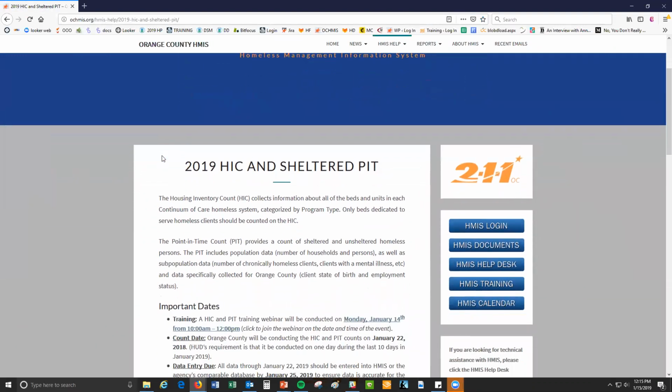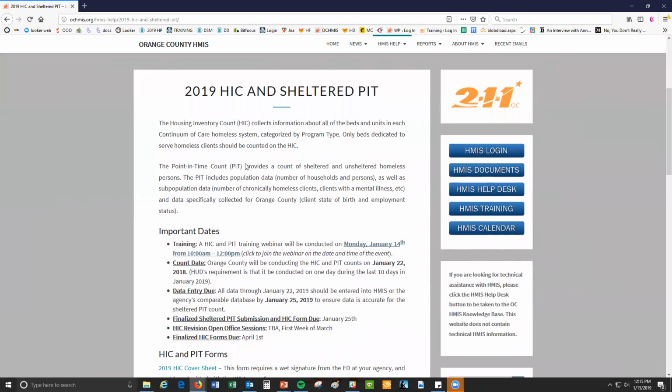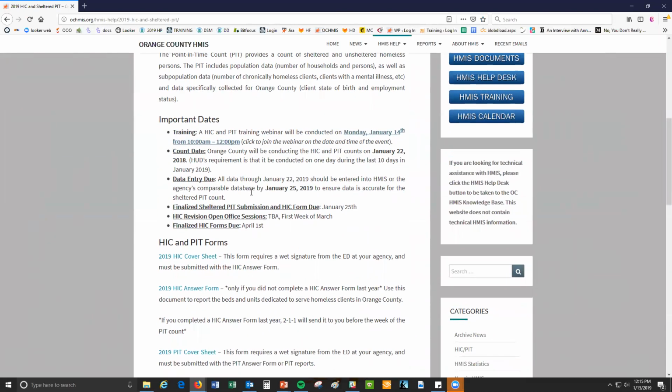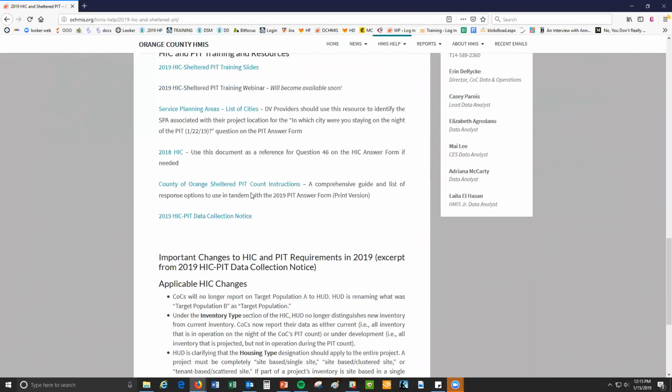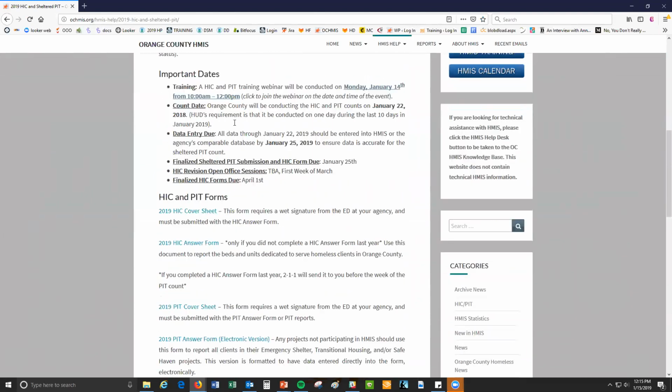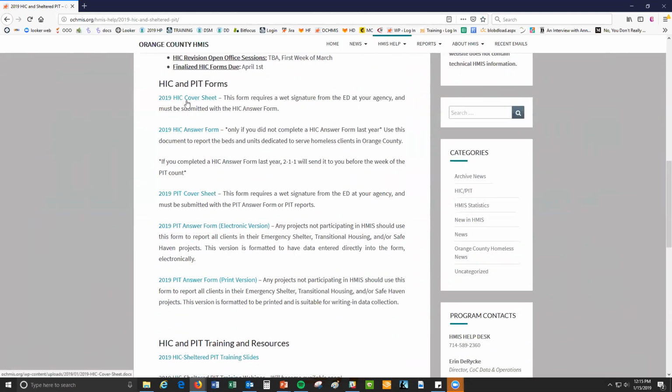You will be sent to the 2019 HIC and Sheltered PIT page. So I'll be referencing this page a lot during the training. It has all the information and forms and guidance that you need to be able to complete this process. So for example, it'll have a list of the important dates, and then we have all of our forms, like